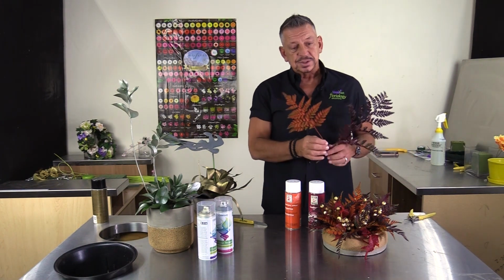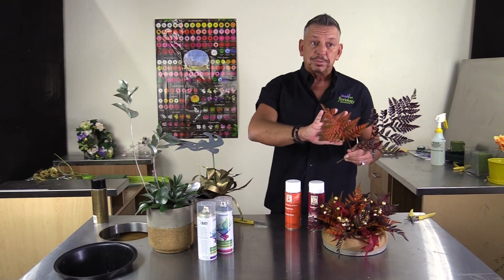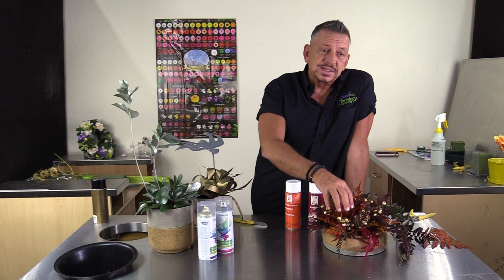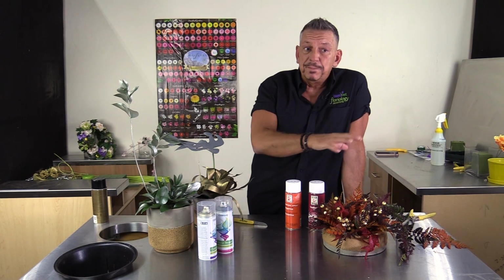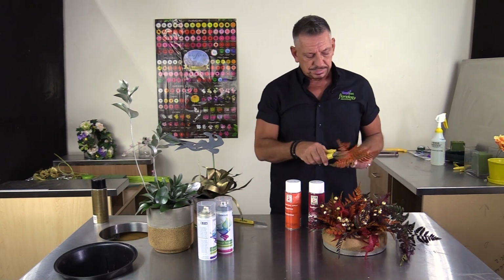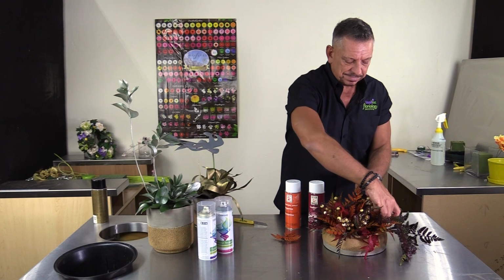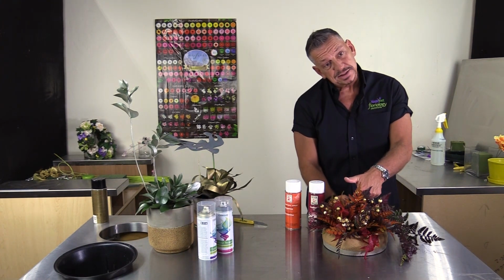So I've selected two different colors which work well with the design I wanted to create. I've sprayed both sides. Again, you want to make sure that you get it good and saturated. I've added in just a few berries and some of those beautiful waxed oak leaves to create a beautiful base that would be very economical. On the leatherleaf, once it's been sprayed, you can cut it into many different pieces that will allow you to add it in wherever you need that little spot of orange color, and you're not having to buy a specialty